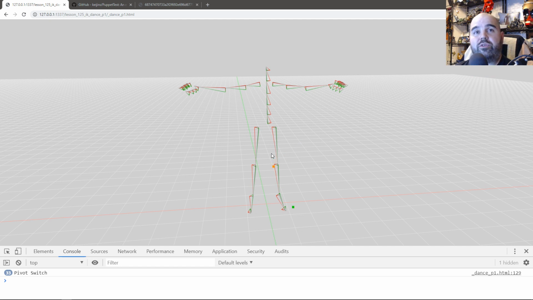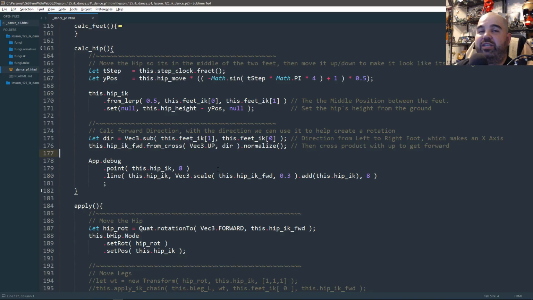With the forward direction, we can then rotate the body exactly where it's supposed to be aiming to. So to actually get the direction, let's say we create a vector,